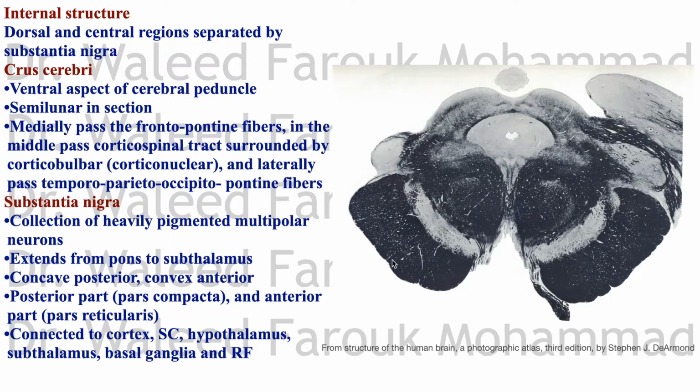The ventral aspect is called the crus cerebri. This is the crus cerebri. It's semilunar in section, as you can see here. Medially, it has frontopontine fibers. Laterally it contains temporoparieto-occipitopontine fibers. So temporoparieto-occipitopontine laterally, frontopontine medially, and in the middle there is the corticospinal tract surrounded by the corticonuclear or corticobulbar